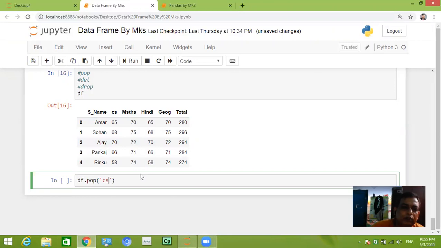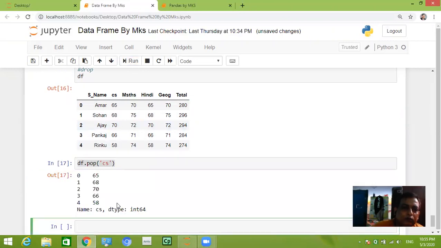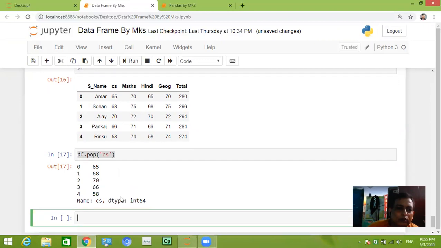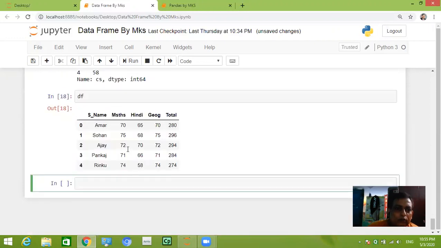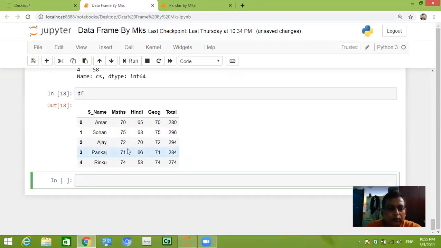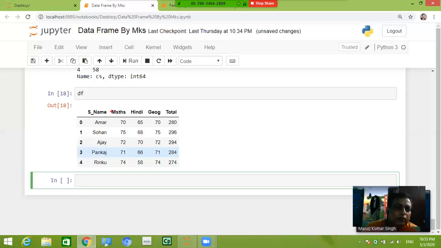So what will it do? Now see the data frame. So you can see here, it has no CS column.